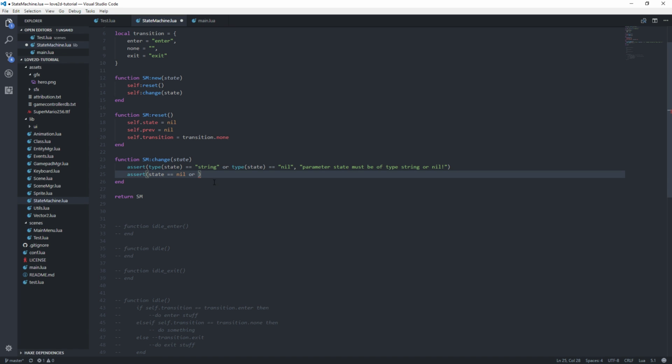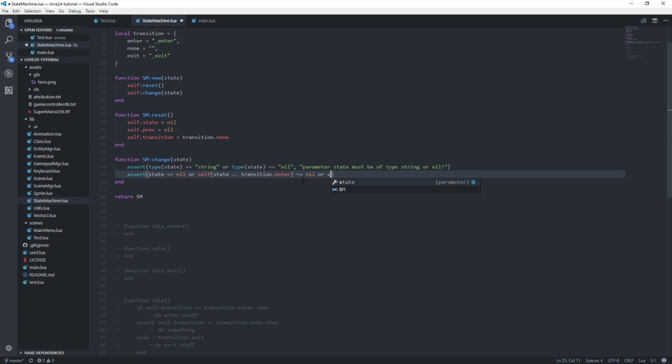So that means that in our table, which we're using for class stuff, our function will be in here. So we'll say if self state, we'll put underscores here, because what we can do is just the following. We'll say transition.enter. So that will give us whatever the state name underscore enter is. That's what we'll look for. So if that is not equal to nil,